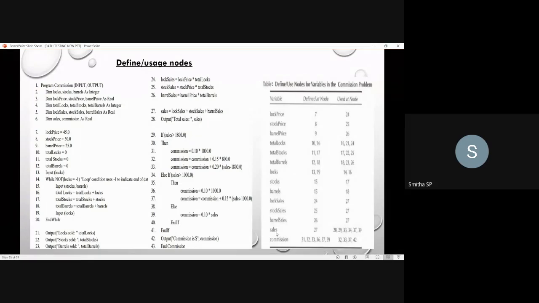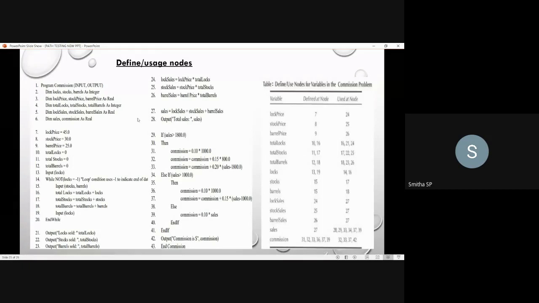Next, moving to the next variable, that is sales. Here you have defined sales at the 27th node, and you will make use of it for the calculation of the commission. You know the problem statement, you know what the program is, so you can easily identify where you will be making use of those variables.